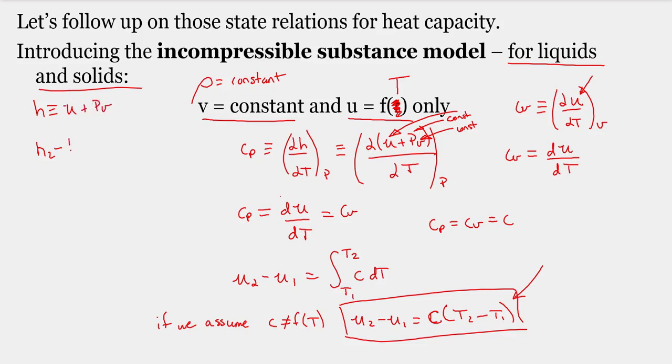So the change in enthalpy from the initial state to the final state is simply the change in the internal energy from the initial to the final state. And then we have plus